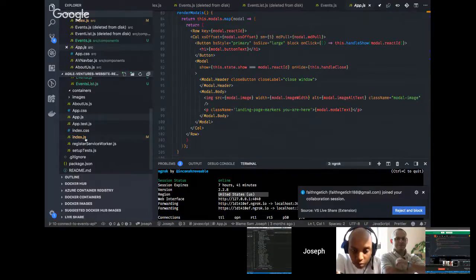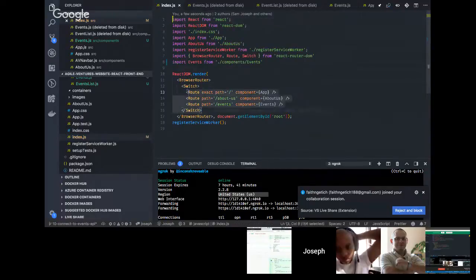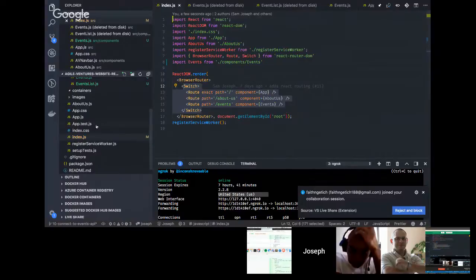And then index.js, we can move all these inside the app, but